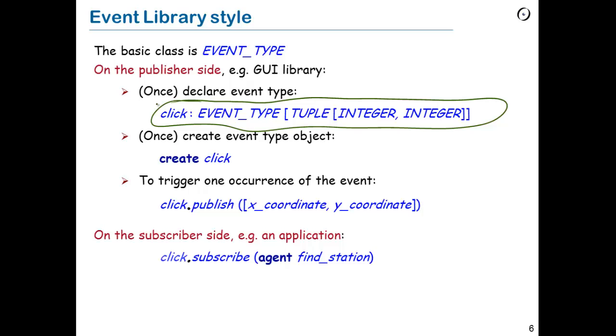Well, we use the class event type, and that class is generic, as you can see. It takes a generic parameter that is constrained by tuple, meaning the actual generic parameter must be a tuple, and more precisely, in this case, it's going to be a tuple of two integers. Now, what's a tuple? In this case, a tuple of integer and integer is a pair of two integers. We're going to see the details of tuple types in the next segment, but here we can see the basic